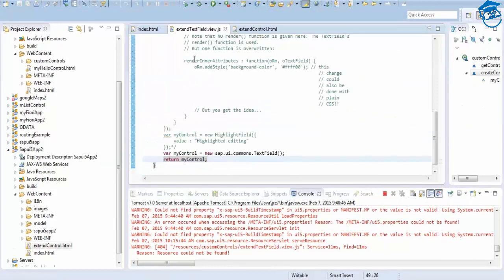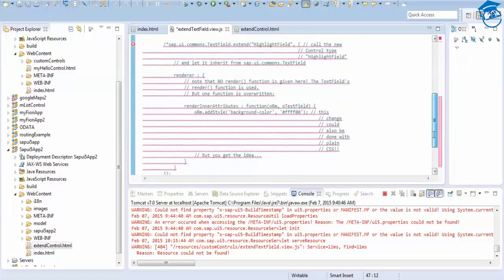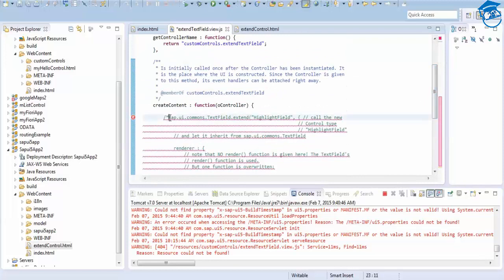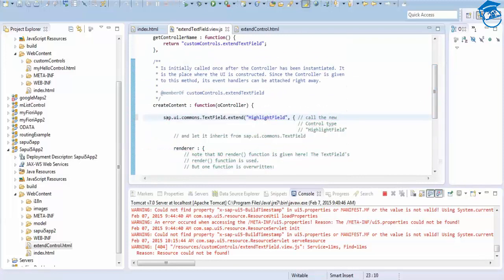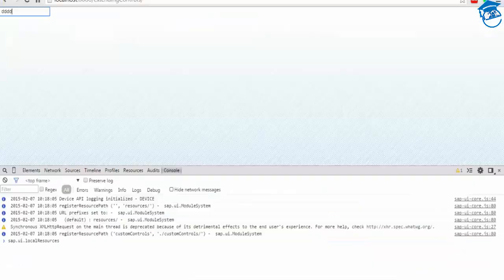our new extended control. So I'm going to comment this and I'm going to uncomment this. Once I uncomment this, I have to get my highlighted text editing. Okay, this highlight. What I've done is, on the existing control, I've placed a yellow color with the text already inside it. How we have done it, we'll see that first.